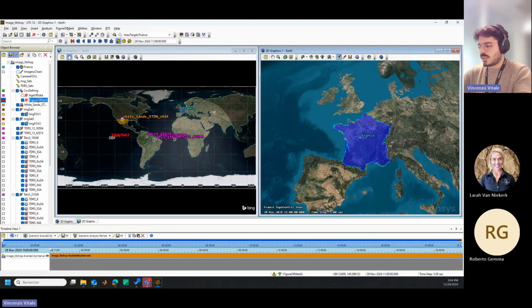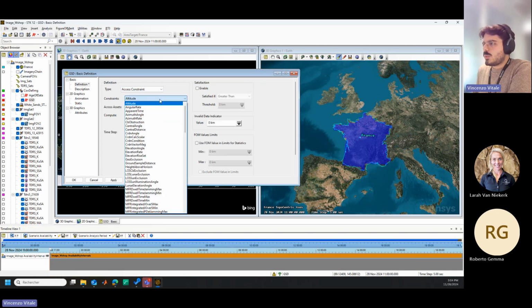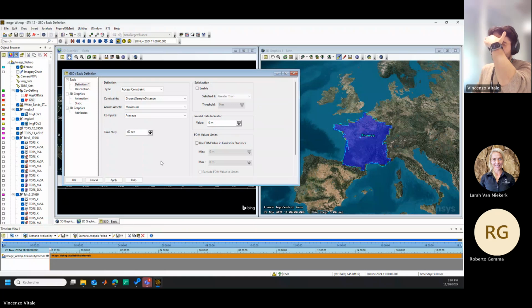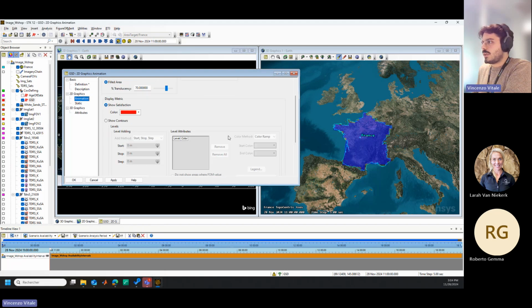In this case, we will call it GSD. And we will ask from our access constraint, we will ask the ground sample distance here. We can leave everything as default, and we can ask also for